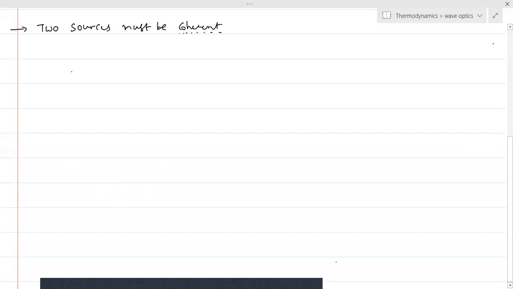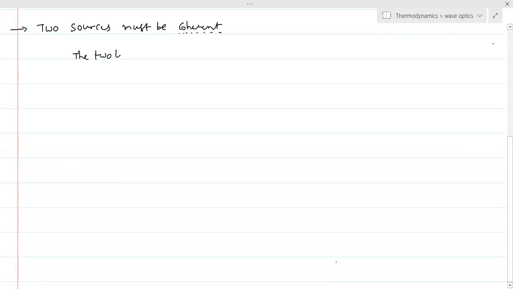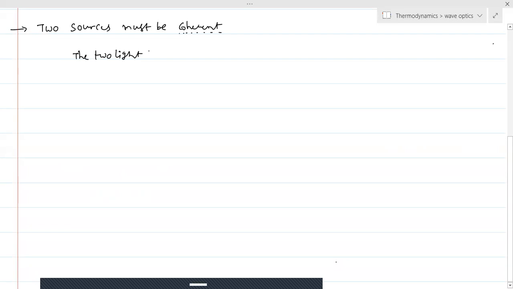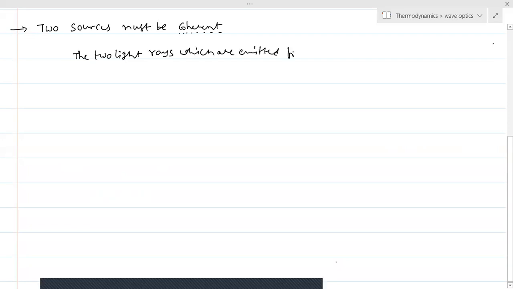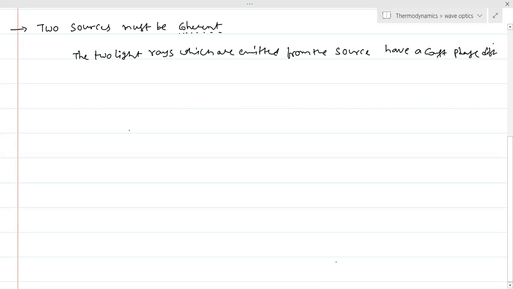Coherent means the two light rays emitted from the source have a constant phase difference. That is one condition. And another condition is